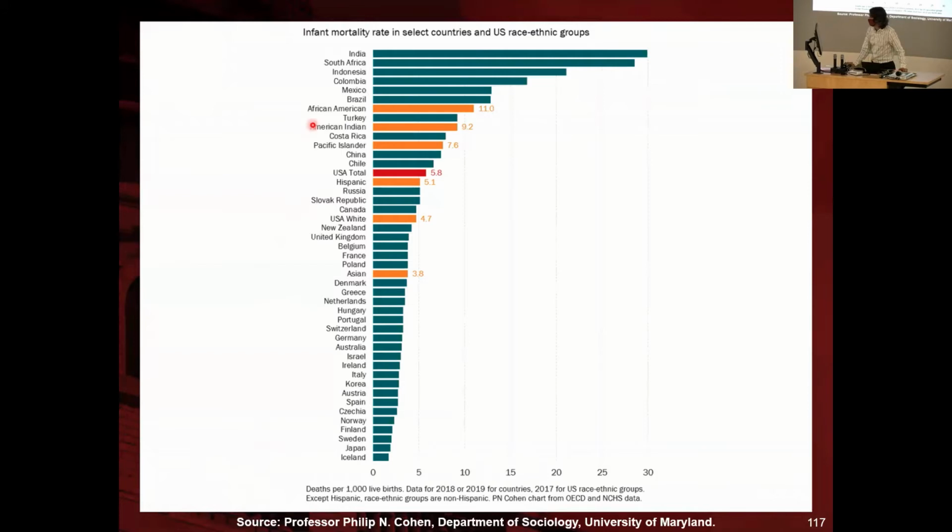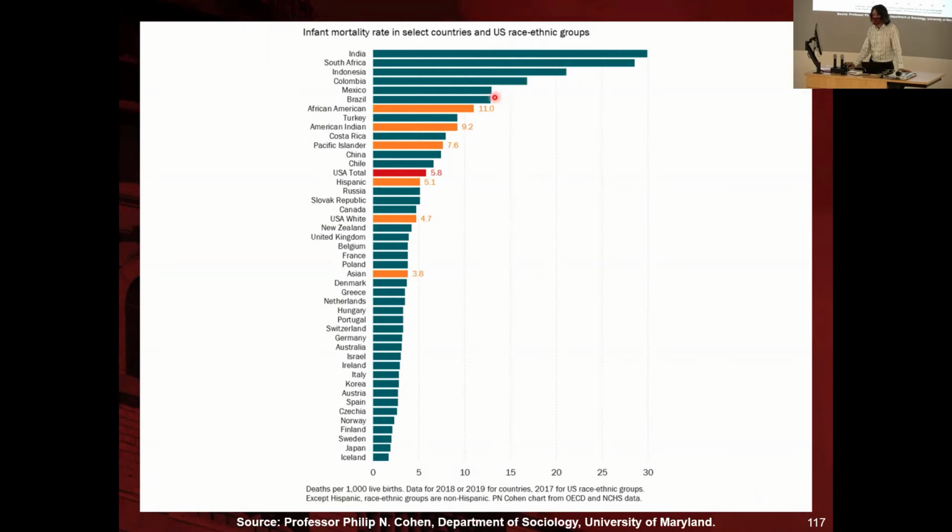And here, it's infant mortality rate for several countries, but then broken down for the US for specific race ethnicity groups. This is just to show that there is a lot of variation in mortality across race ethnicity groups in the US. So you see infant mortality rates, and this is data for 2018, 2019, high in India, South Africa, Indonesia,